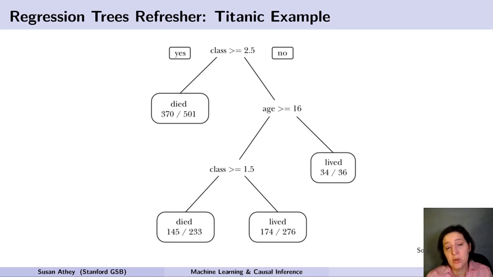On the other hand, getting the tree is a little more complicated, but it's actually not that complicated to understand how you get the tree either. At the top of the tree, what the algorithm does is it looks over all the covariates in the data set and all the different ways you can split on each covariate. And it finds the way to split where, for classification, you're maximizing the classification power of the division. You're trying to find groups that are homogeneous.